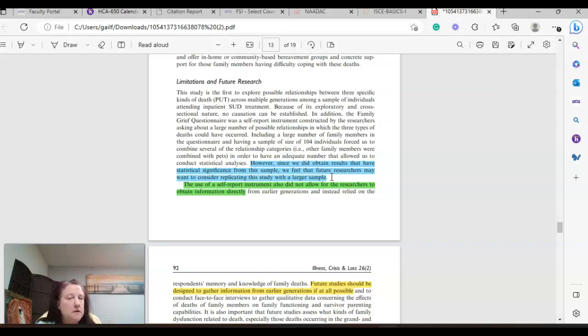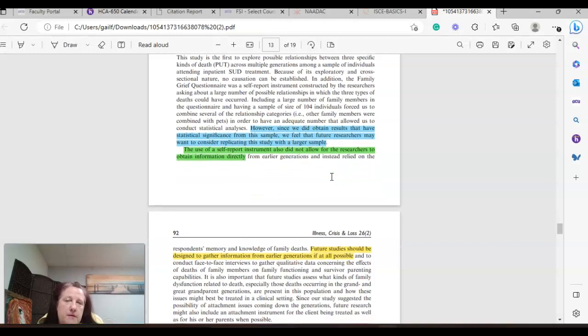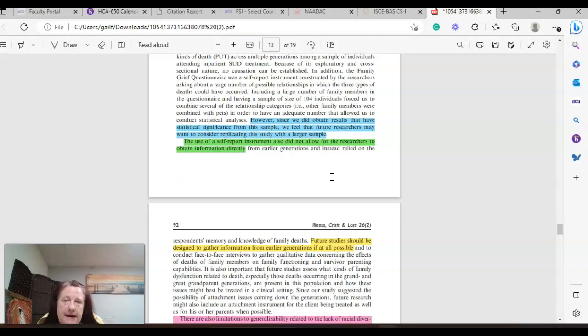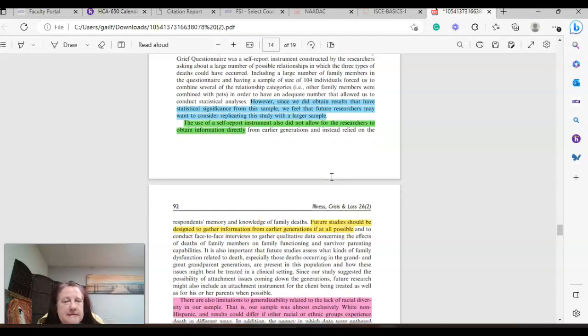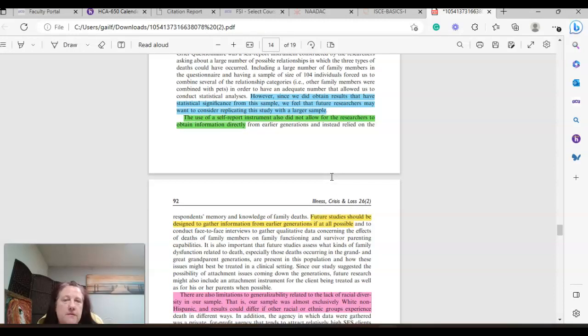Are you using a larger sample? And if not, then that might be something that you can consider adding at this point. Looking at what their N is. N is the participant number, and then that you're using a larger sample, and that's how you're helping to fill that gap. The other thing is, in this one, the self-report instrument or the survey did not allow for the